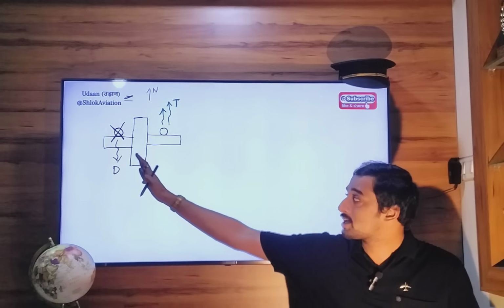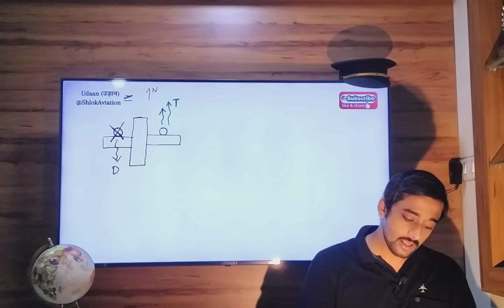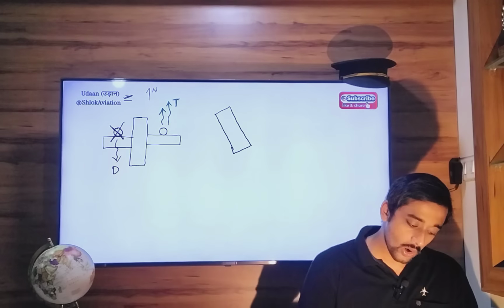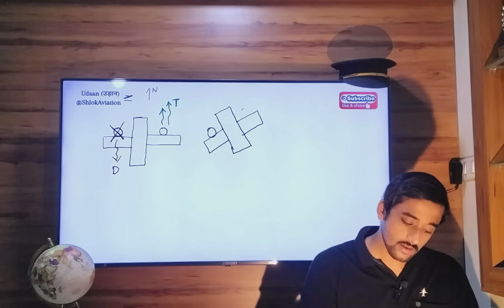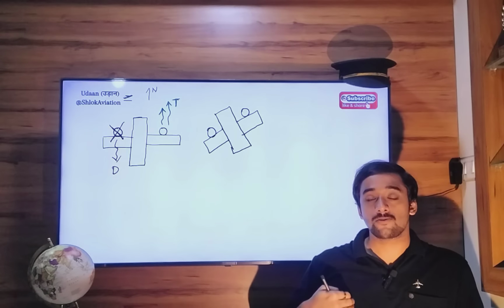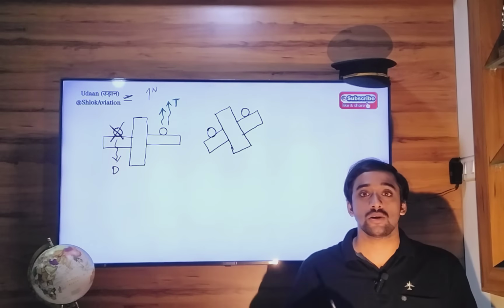So if there is drag on this side, the aircraft will immediately start yawing to the left hand side like this. And the thrust that is generated in this direction will make the situation even worse,